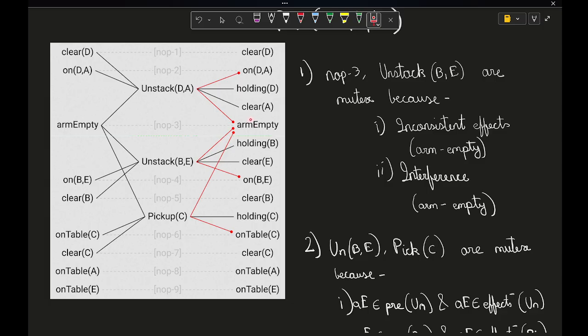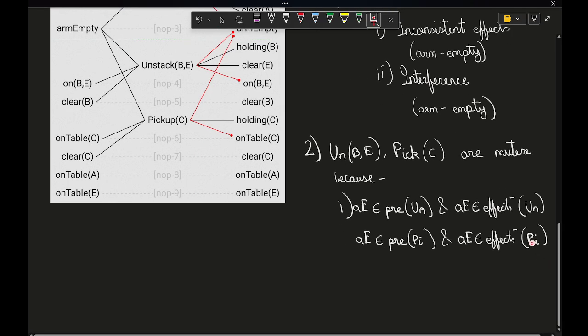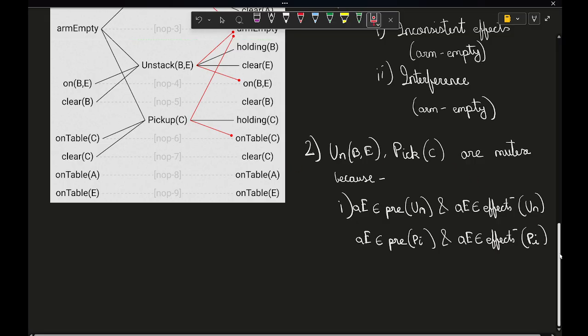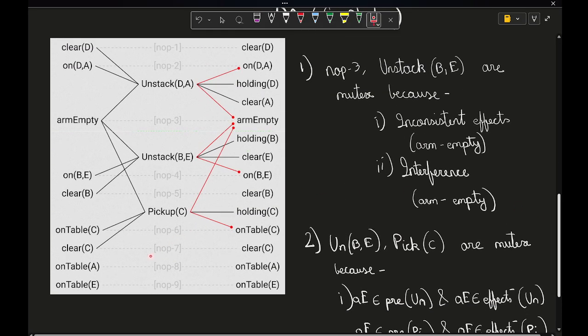And the inconsistent effects is not true here because no positive effect of unstack BE is a negative effect of unstack C. Yeah. So based upon those two conditions, this is also a mutex pair, and a no op 7 and pickup C. No op 7 and pickup C. Okay. So